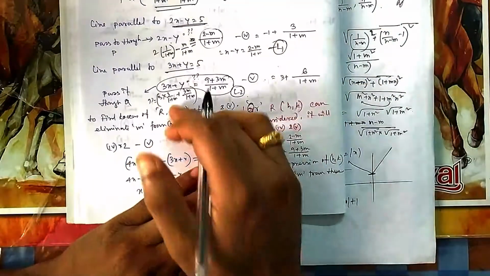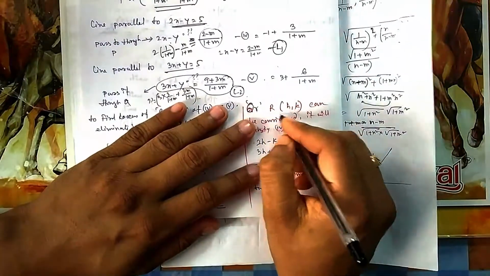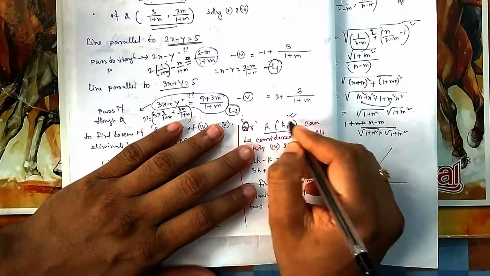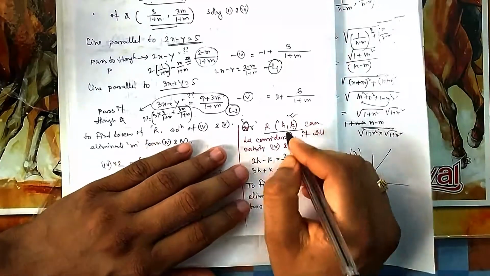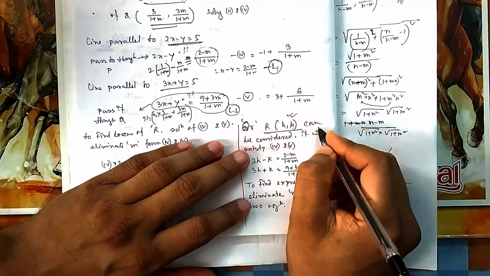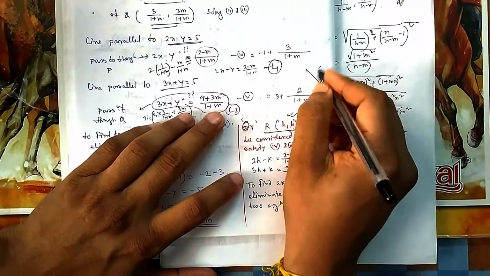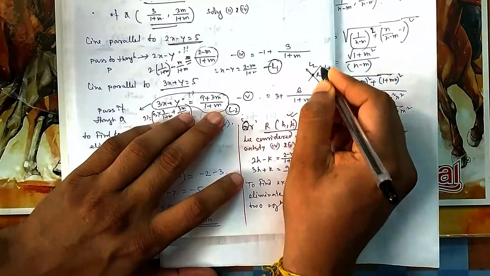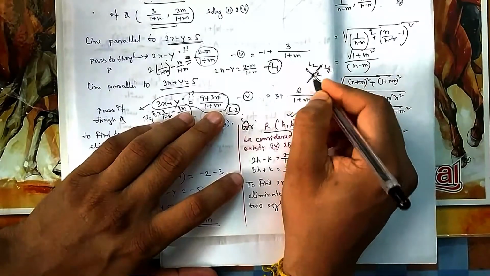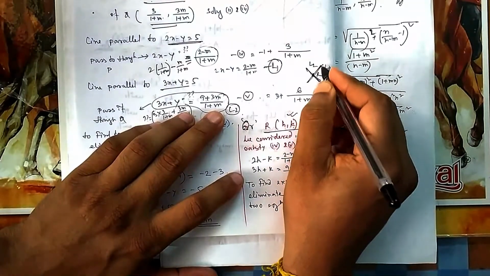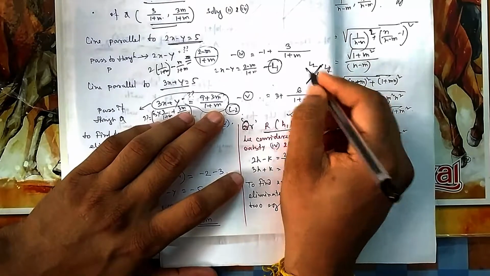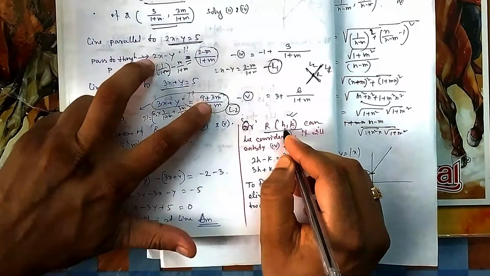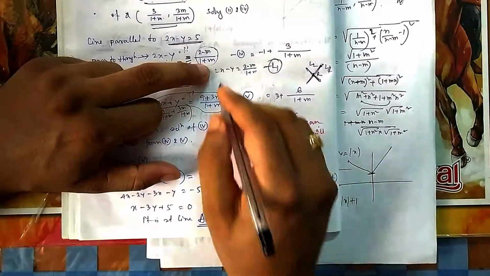Okay, now without going this way, let us take another way. Suppose you need to find the locus of R. I told you, if you want to find the locus of R, you take that R as H, K. So I have taken R as H, K. Because R is the intersection of L1 and L2, R lies on L1 and also on L2, it lies on both these lines. So if you put R, H comma K, in here and here, it should satisfy. That's why I am putting H comma K here.